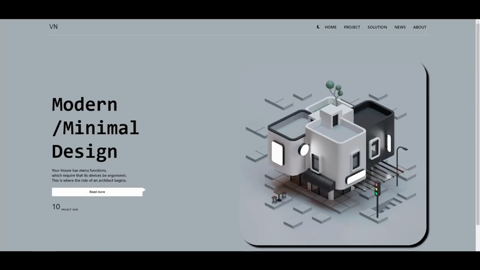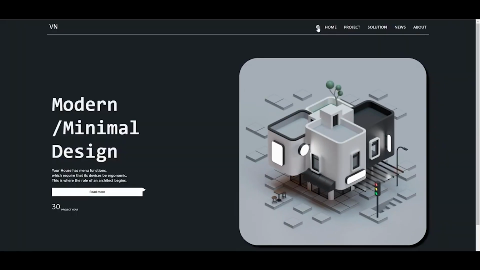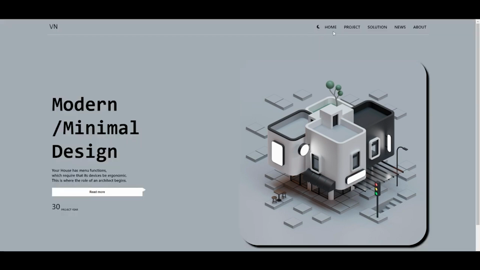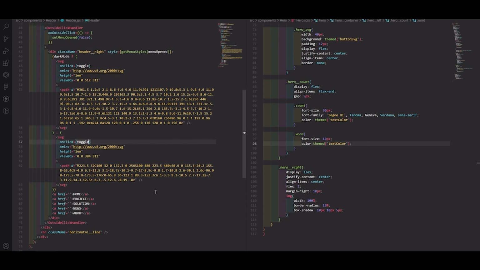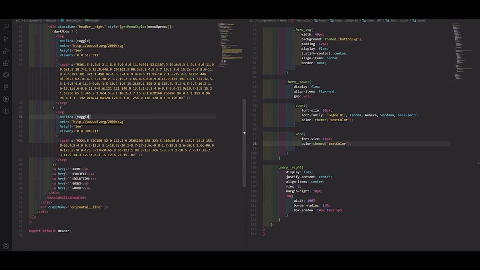Okay, if you go to the website, look, when I click on this it is on the dark mode, and when I again click on this it is on the light mode. Go to the VS Code again, and inside the hero section